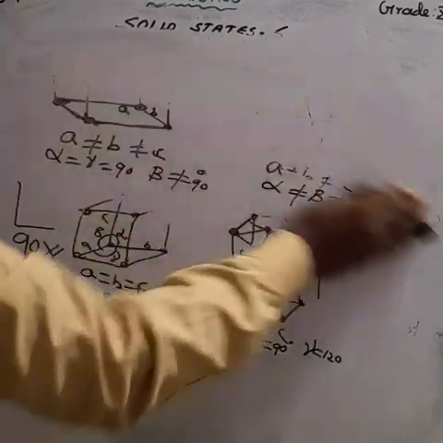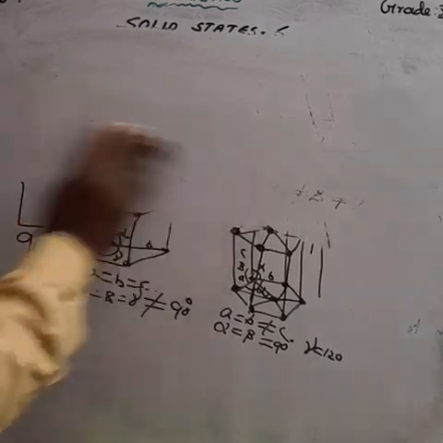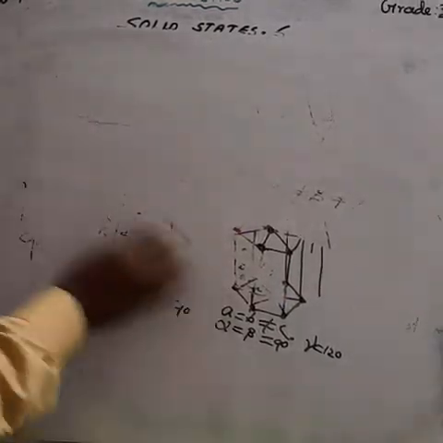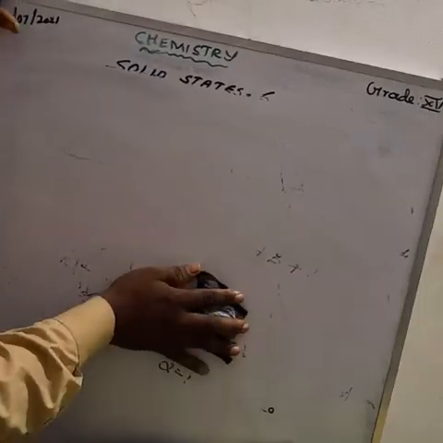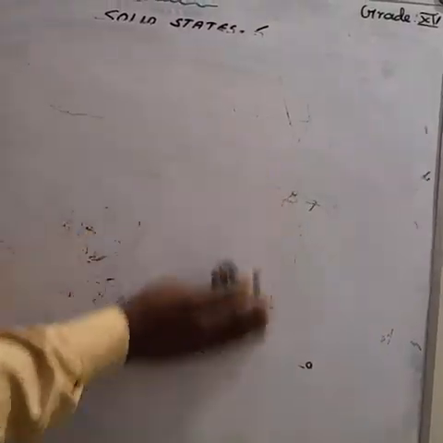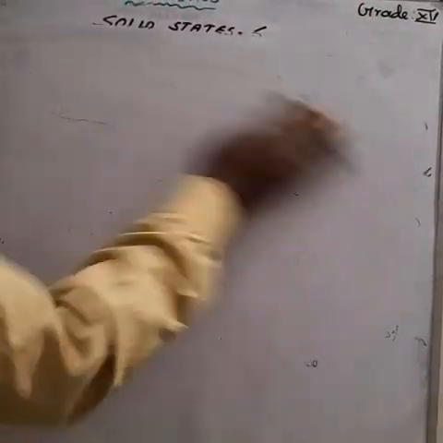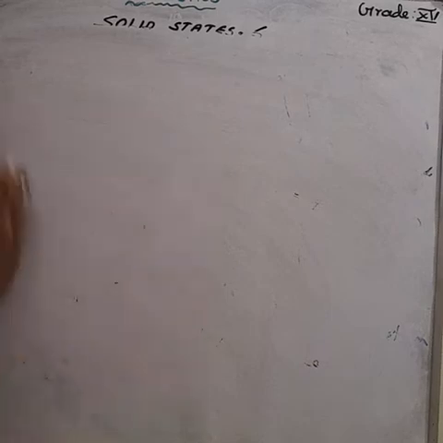Let us, I am creating a small tabular column like that, a small tabular column for easily understanding. Only for easily understanding. After learning this tabular column, try to memorize it, then we can draw the diagram easily.